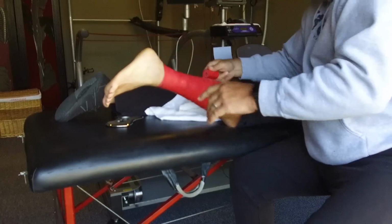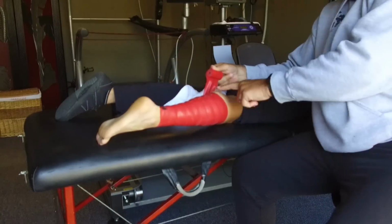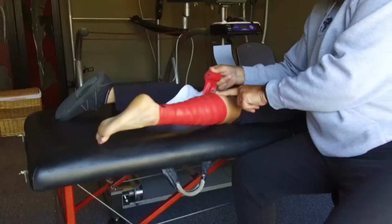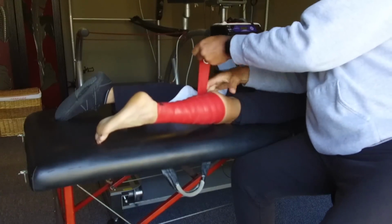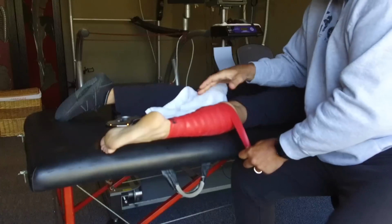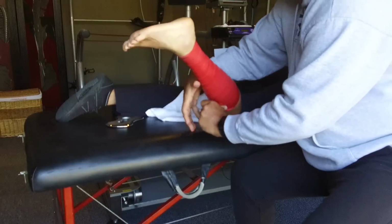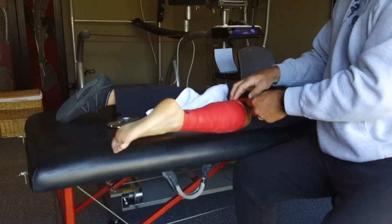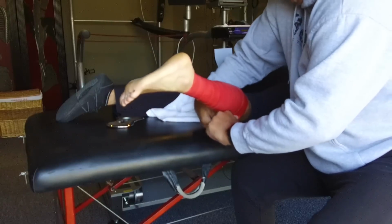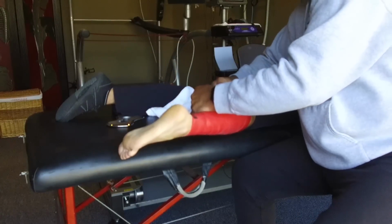You could literally see, put your leg a little bit, you could literally see how it's puckering. I've really moved a lot of the edema out of that area. You can see it's pocketing up in here. Okay, so now that I've got everything pretty well wrapped, very tight,